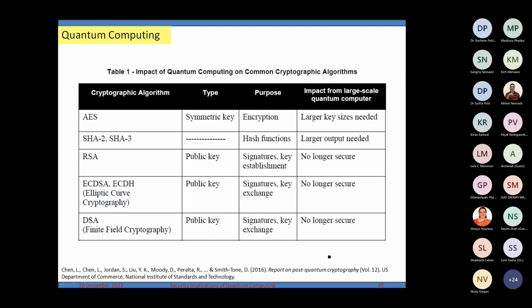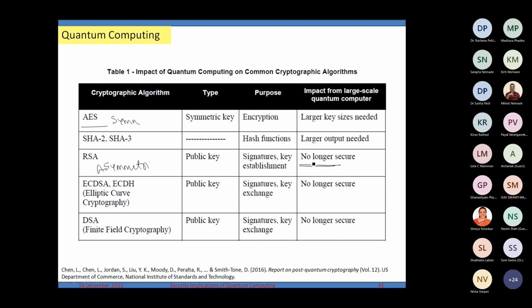Now, we have seen security algorithms, we have seen quantum computing principles. Of course, I have not gone in depth into quantum computing principles because they were already discussed in the past few sessions. Now, what is the impact of quantum computing on the cryptography algorithms? If you see the Advanced Encryption Standard, which is a symmetric algorithm, the impact of the quantum computer is not much. But when it comes to asymmetric algorithms such as RSA, these algorithms would no longer